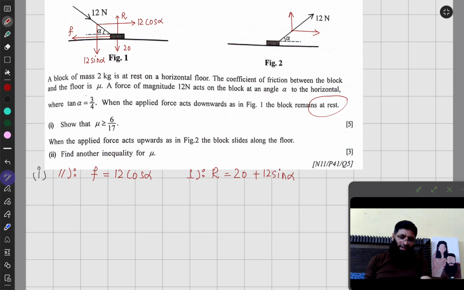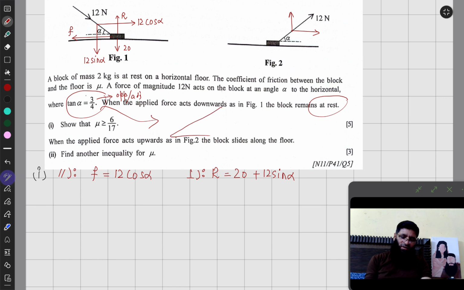Now let's talk about sine alpha and cos alpha. You can see that tan alpha is basically 3 by 4. So you can construct a random right angle triangle to find sine alpha and cos alpha. You know that tan alpha is always opposite over adjacent. So this side will be 3 and this side will be 4. And if you apply the Pythagoras theorem here,